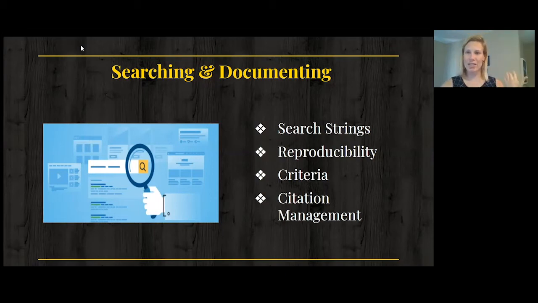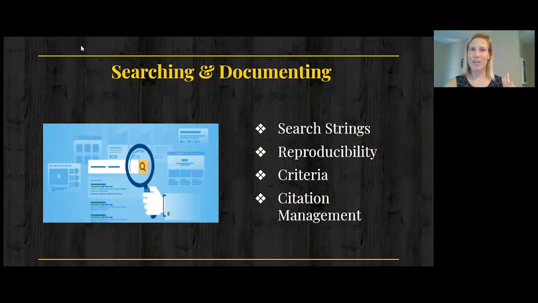Creating a search string, this is the terminology in your field that's going to be used. Sometimes, for example, I'm a librarian, so a stereotype might be, I would write a paper on cats, right? But if I say cats and you say felines, we don't find both articles. So you have to kind of gather all of those different terms that might be used in your field. Has the language changed over time? If you're working in psychology, the terminology might be much different now than it was even 5 years ago. So you kind of want to gather all those pieces and put them together to create a search string. We're going to look at that in an example soon.